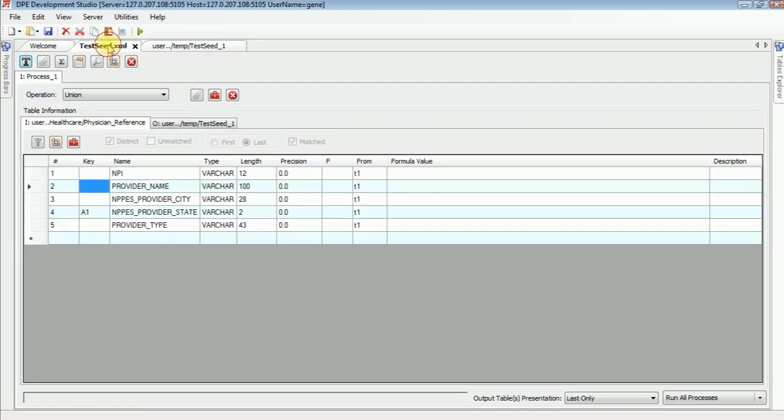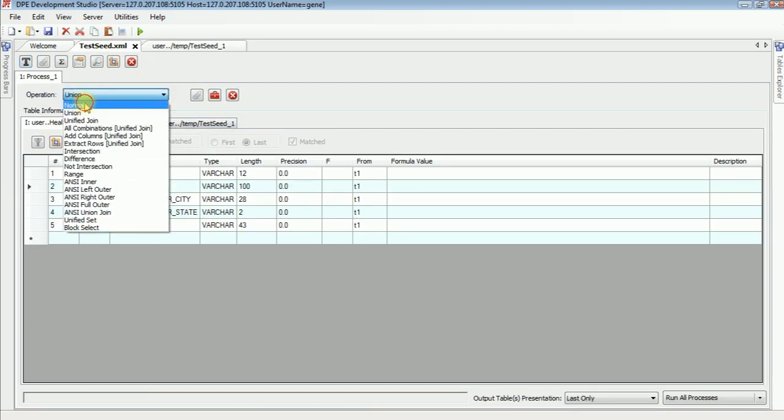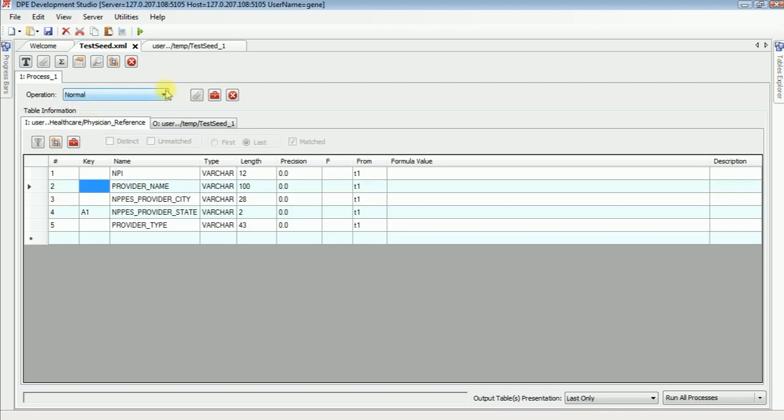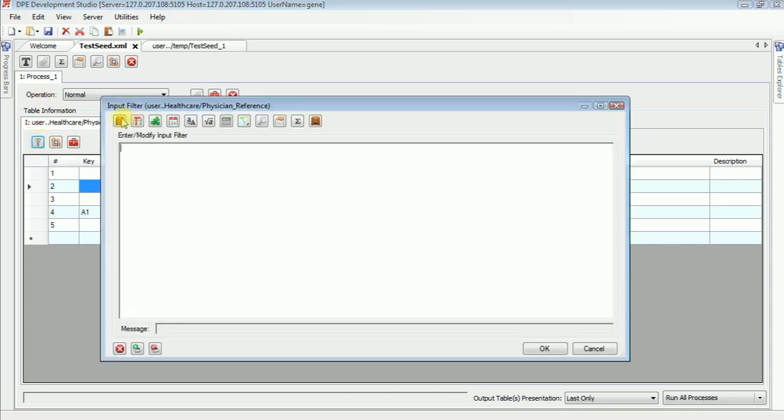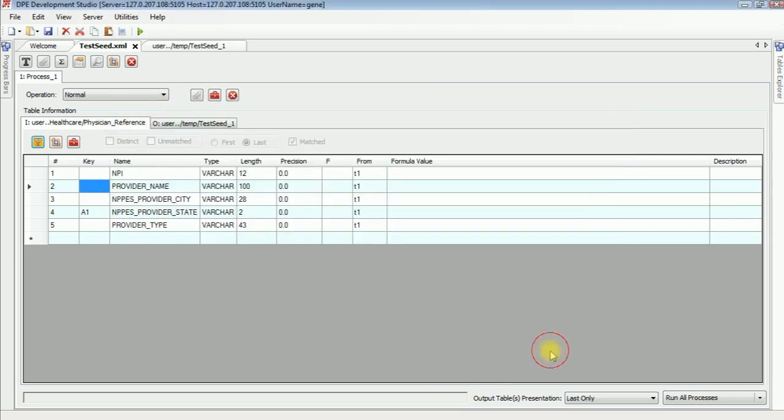So this physician reference might have had several. In fact, let's do something here to make this more explicit. I'm going to make it back to normal, and I'm going to put a filter on here and say that the state is equal to AK. Run this process now,